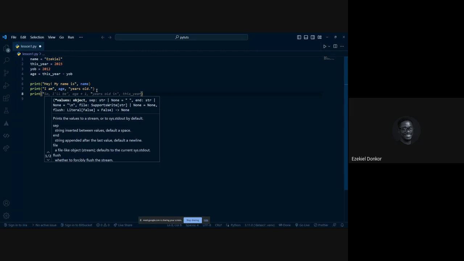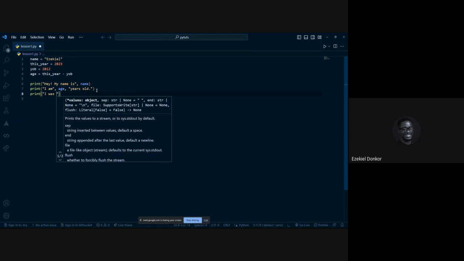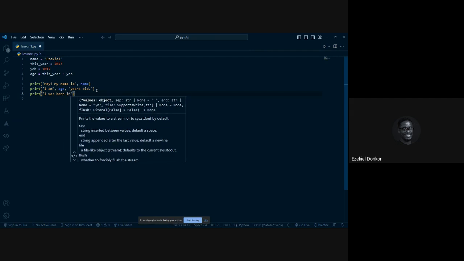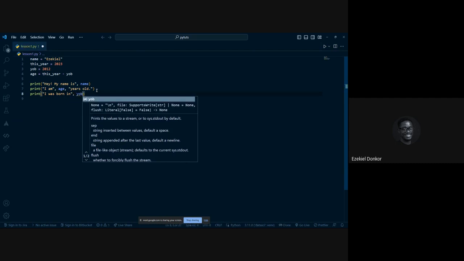So this would be fun. So say, I was born in, that goes inside the quote. You come out, you comma space, and then year of birth, YOB.